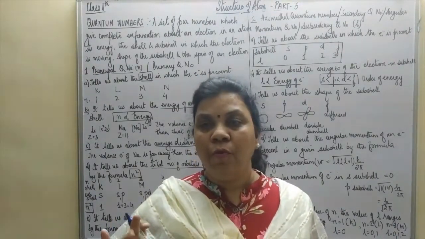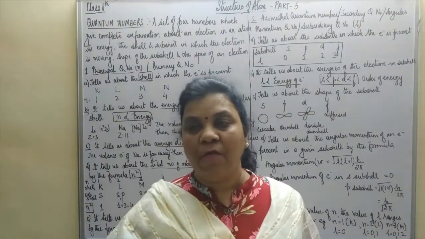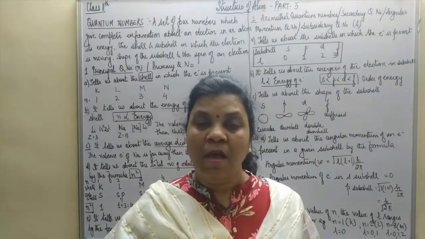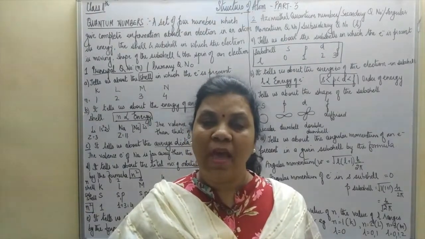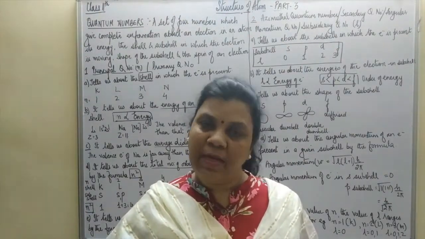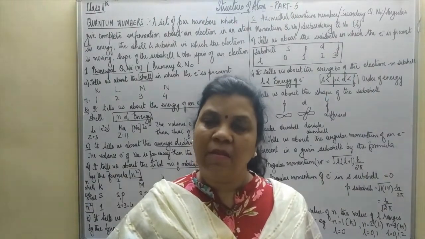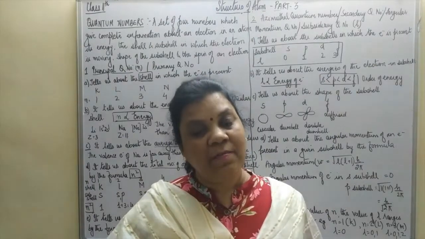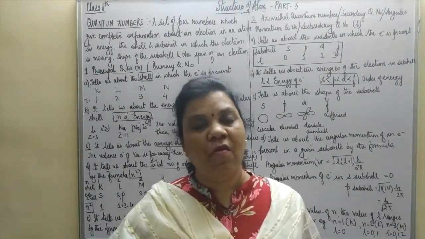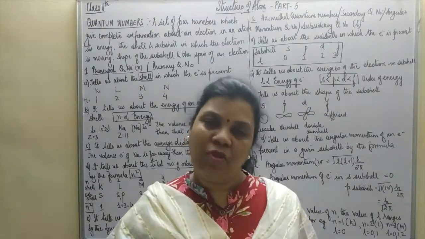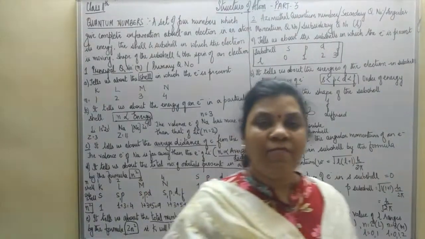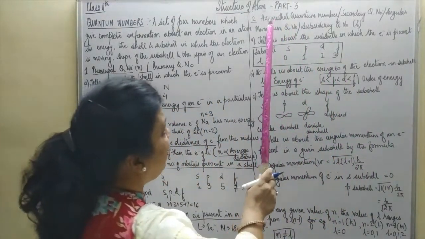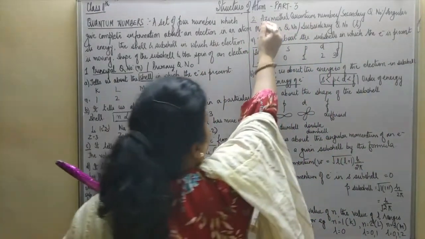So you have to learn all the significance of the very first type of quantum number, which is very, very important and gives the complete information of the shell in which the electron is present: the energy of the electron, the average distance of the electron from the nucleus, the number of orbitals present in a shell, and the number of electrons that can be accommodated in a shell. So this was the very first quantum number, the principal quantum number. After that, we move on to the next, that is the azimuthal quantum number.